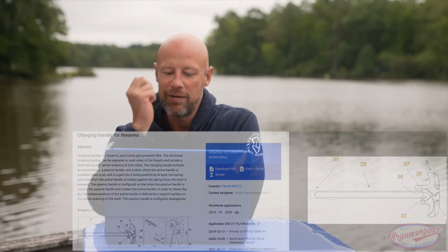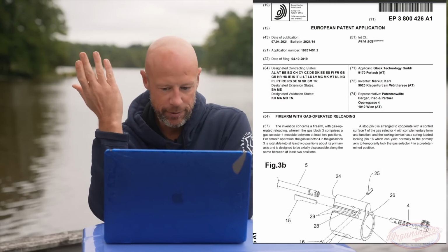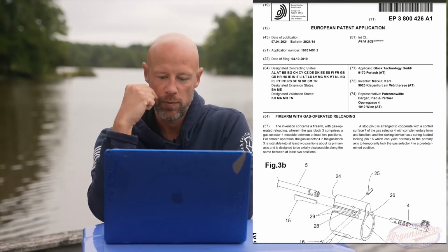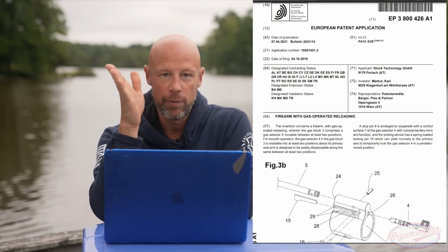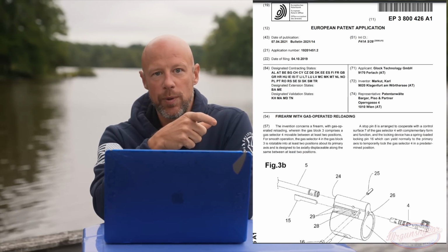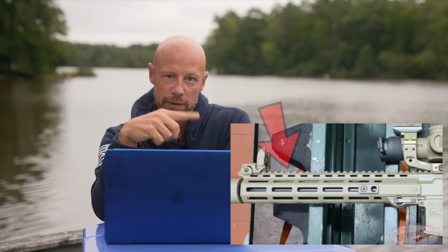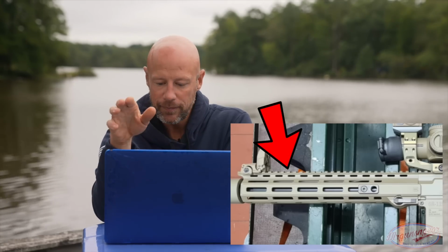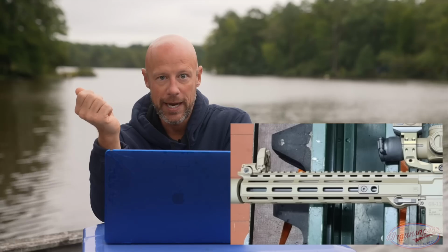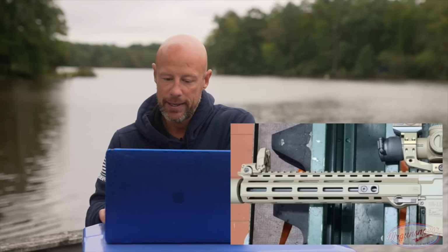Moving on there, we do have this portion here, which is an adjustable gas system. Detent quick adjustable, which totally makes sense. Anybody who watches the channel here understands why that would be. And it has a 4-position selector, and that ties into why would you want a quick detach rail, right? So if you look at the actual pictures of the rifle itself in question, it doesn't appear that there's any way to quickly access that lever there. I mean, you could through the 7 slots on the rail, but more likely than not, you're going to pop the actual rail off, adjust your gas piston or gas setting, and then put it back on with that quick